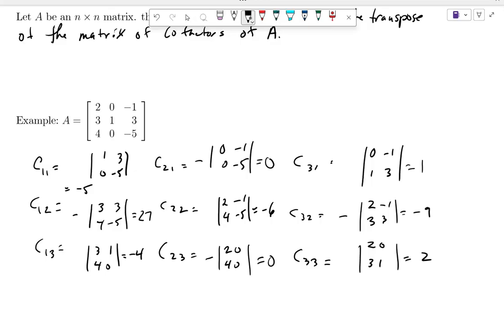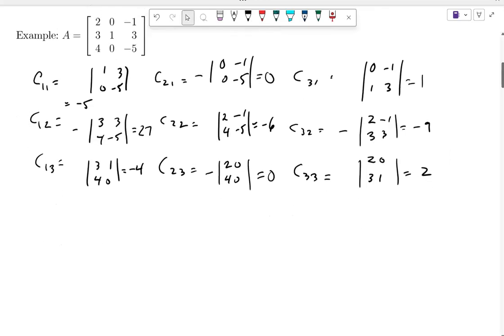Now notice that I wrote my cofactors vertically here as we were going across the rows. I did C11, C12, C13, writing it down. Remember, the adjoint is the transpose of the matrix of cofactors. So I just did the transpose as I was doing the calculations. Here's across my first row, so I'm making it a column now. Here's across my second row, and my third row, I'm making them columns. So my adjoint here,